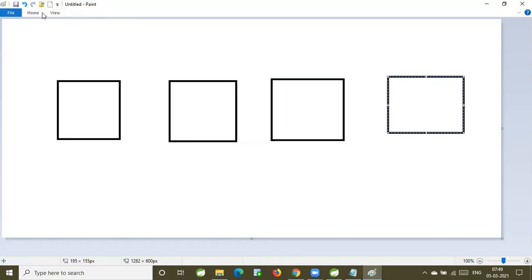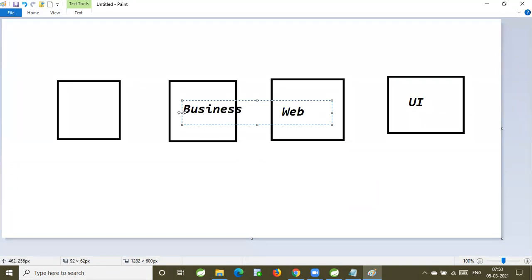We will use layered architecture to develop our application. First one is UI, second one is web layer, next one is business layer, then the persistence layer will be available, which is also called the DAO layer, data access layer.